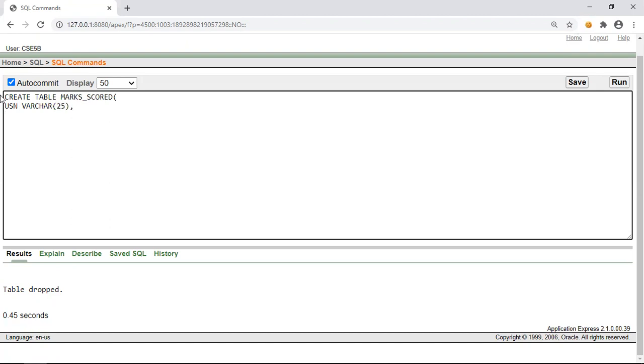The general convention is that whatever attributes we declare, we declare them as varchar instead of character, because there will be a lot of space utilization if we use fixed character data types.